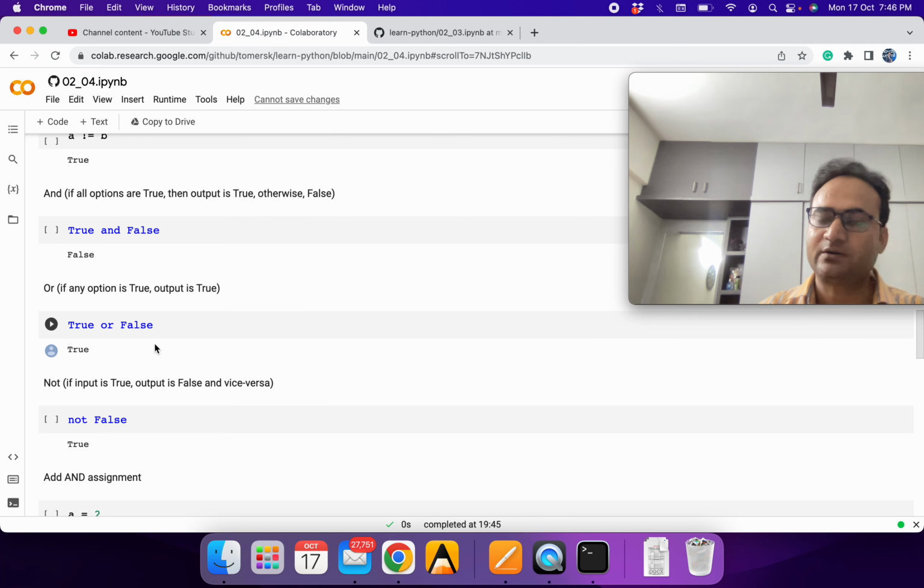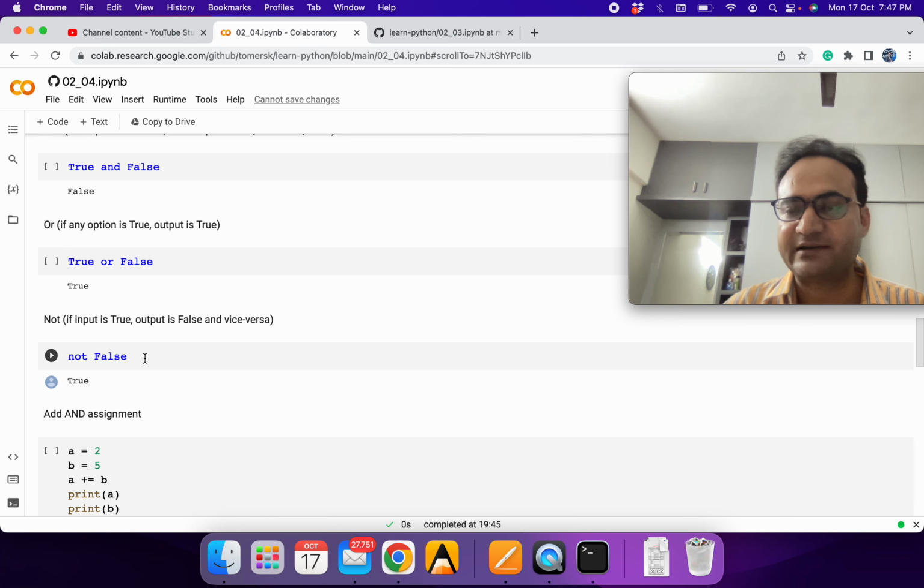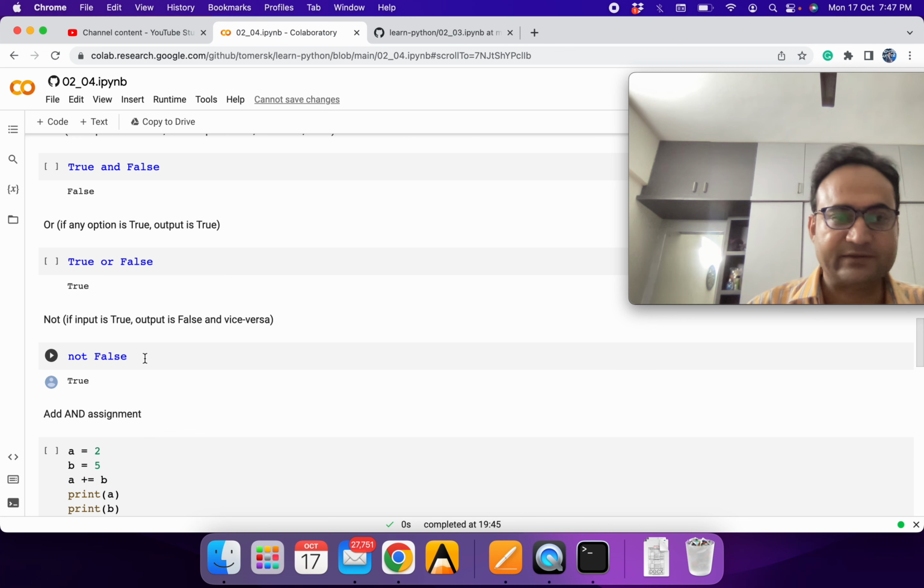OR is the other way around. OR means even if you satisfy one condition, the output will be true. Many times we need the AND operator, many times we need the OR operator, which are very commonly used operators in any data science or any application you want to try. You can take NOT also. Instead of true, you can write, let's say, not false. Sometimes it becomes more readable to use the not function, but it's not always required. You can manage without it also.